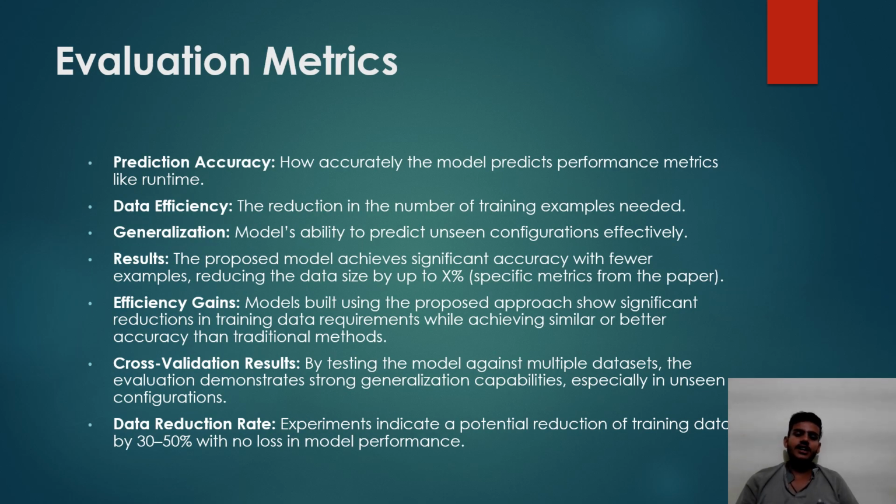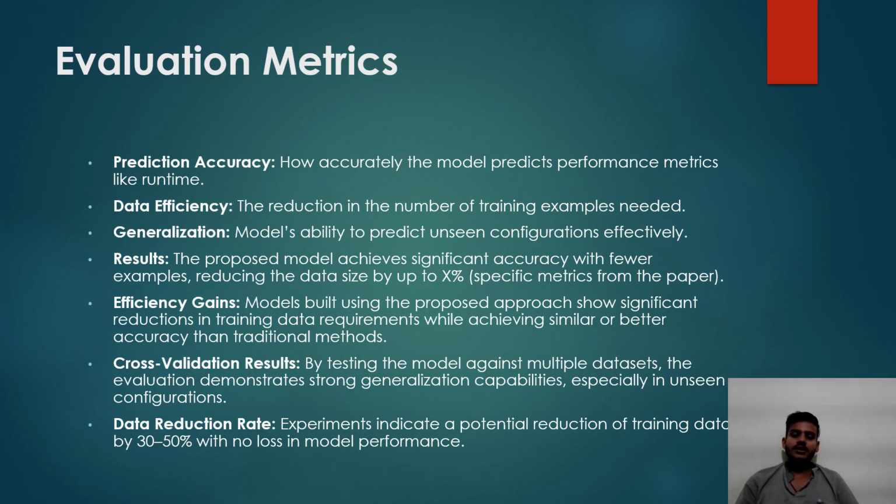Evaluation metrics: prediction accuracy, how accurately the model predicts performance metrics like runtime; data efficiency, the reduction in the number of training examples needed; and generalization, the model's ability to predict unseen configurations. Efficiency results: the proposed model achieves significant accuracy with fewer examples, reducing the data size by up to X% efficiency gain. A model built using the proposed approach shows significant reduction in the training data requirement while achieving similar or better accuracy